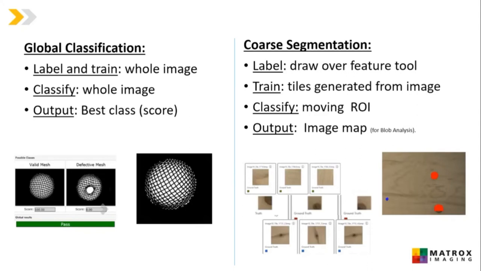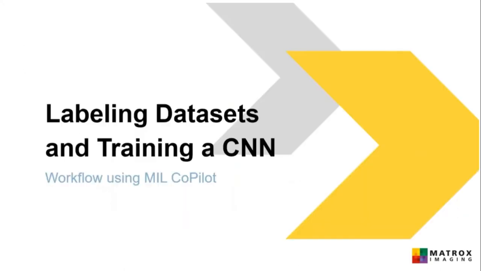Now, this image map can then pass on to another step, like blob analysis, which then would enable us to classify or count or size up some of these knots, right? So this is sort of an overview of the two different technologies, right? So a little bit more